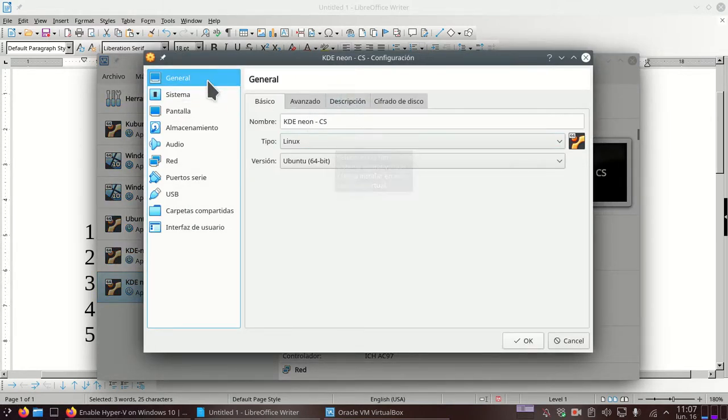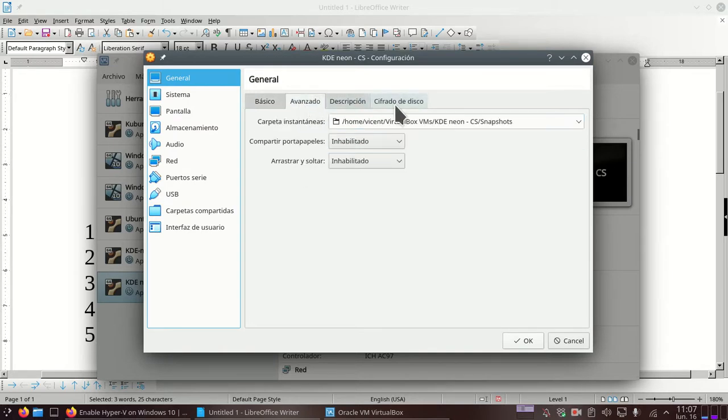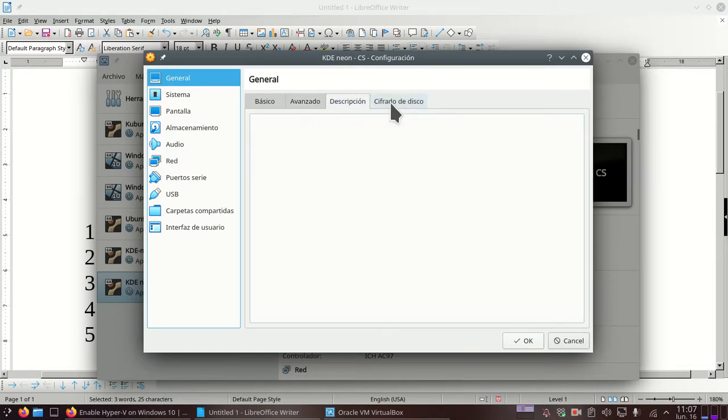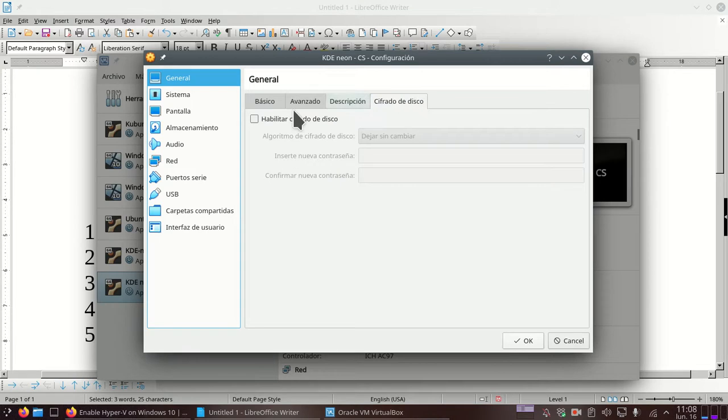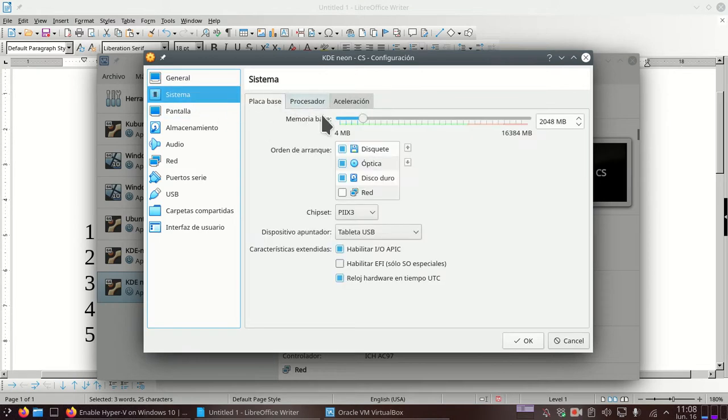Okay, general: the name, the type of the operative system, the version. Advanced: here is where the machine is installed. Okay, in my case it's in /home/Vicente/VirtualBox virtual machines/KDE-neon. Okay, then description and cipher, nothing. System, very important, the system, because we can change the RAM memory in here,